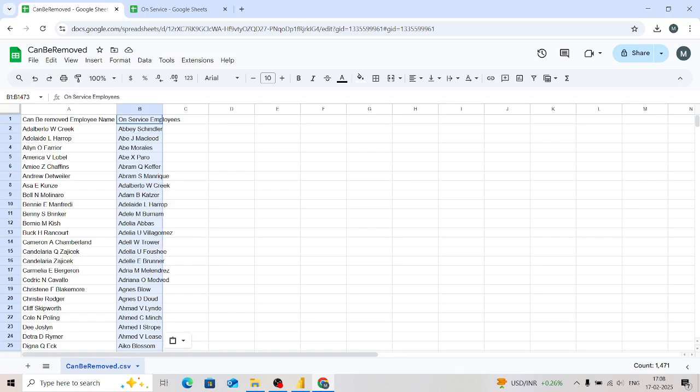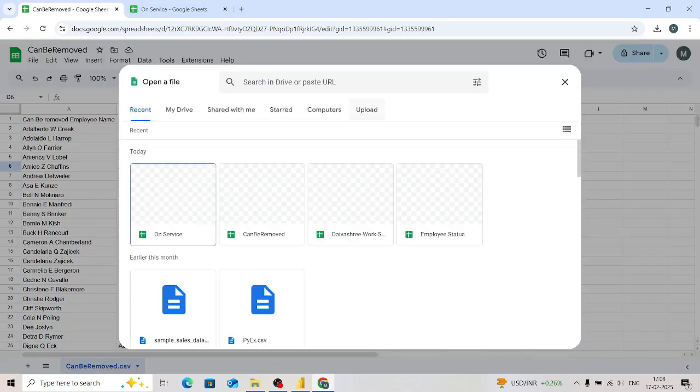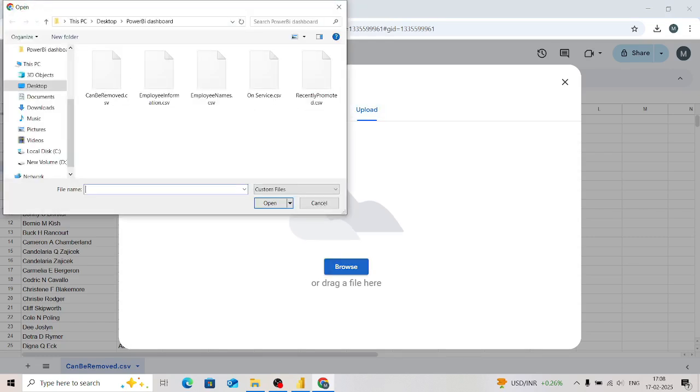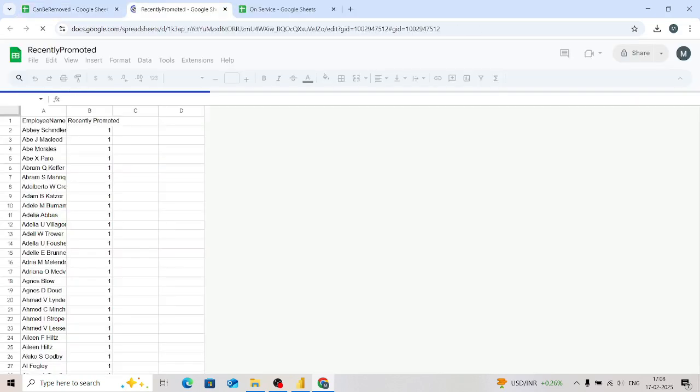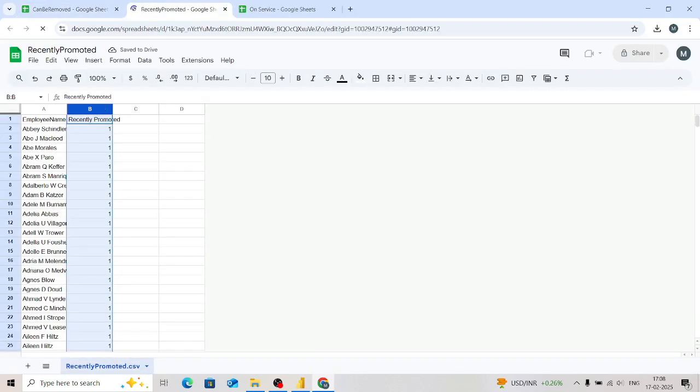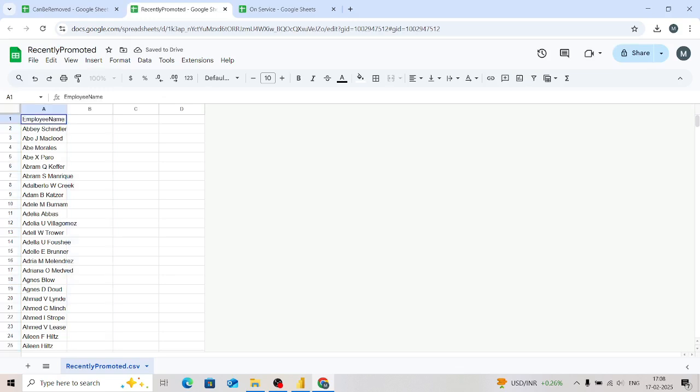Next we are going to have the names of those employees who are in service, or who are working in an organization. Next we have a third file, right? What we are going to do is follow the same path. Again we will go to the location of the third file, that is recently promoted employees. We will open it and follow the same procedure which we followed for the service ones. We will delete this column, and these are the names of those employees who are